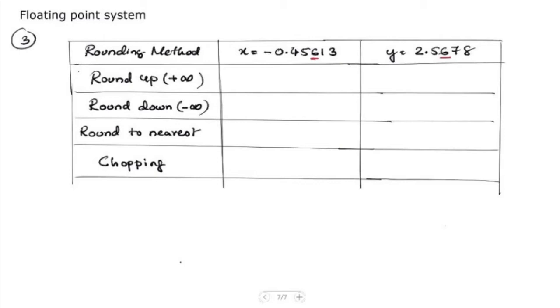Okay, so when we are doing the round up, what we do is we round it up no matter what the number after 6 is. So here after 6 it's a 1, but it doesn't matter to us. We would anyway round it up. But here there is another thing to be considered, that is, it's a negative scale. So when you're on a negative scale and you have 0 here and -1 and -2 and -3, you're increasing so